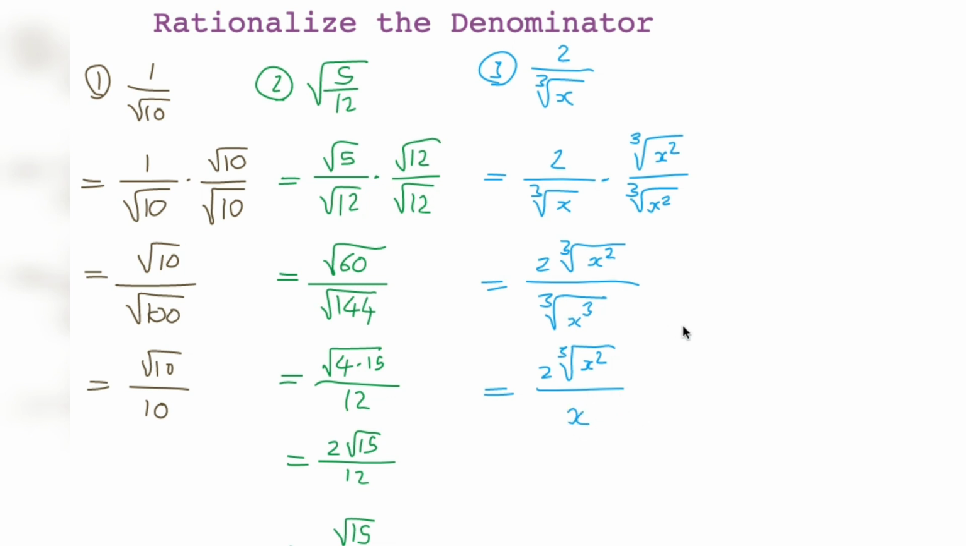So I used this formula here: 1 upon n power of x to the power n equals x. Okay, now